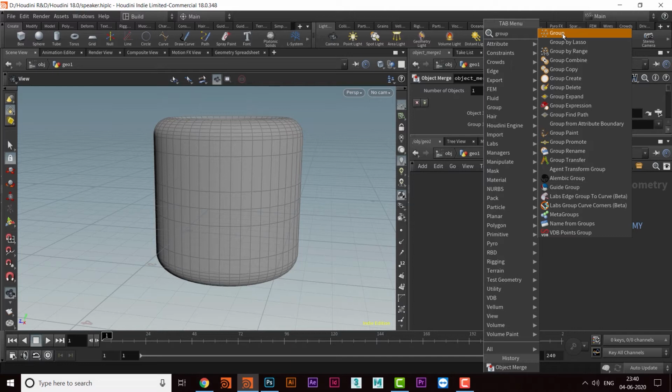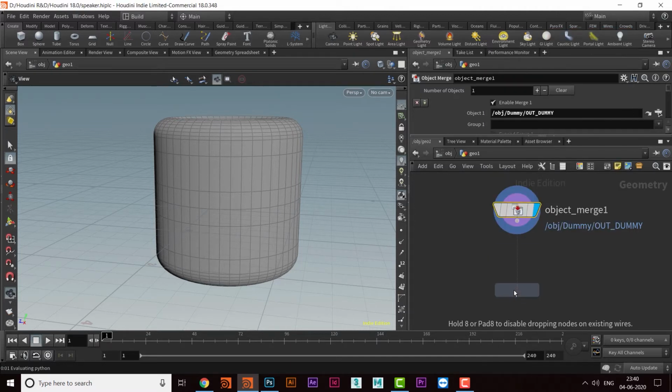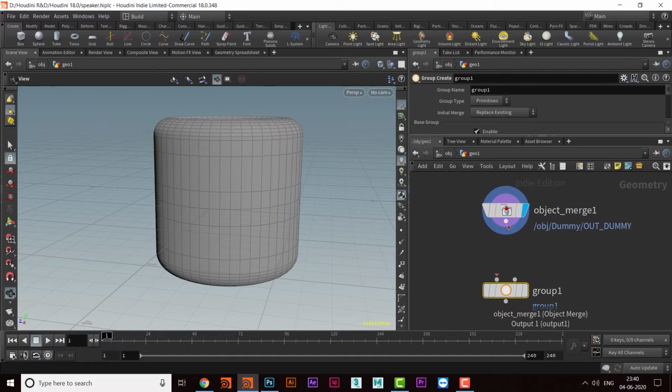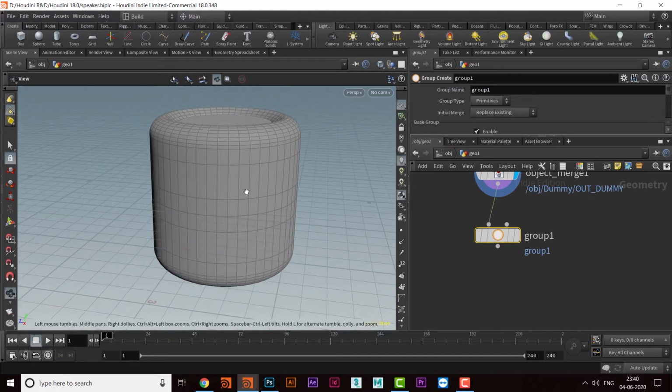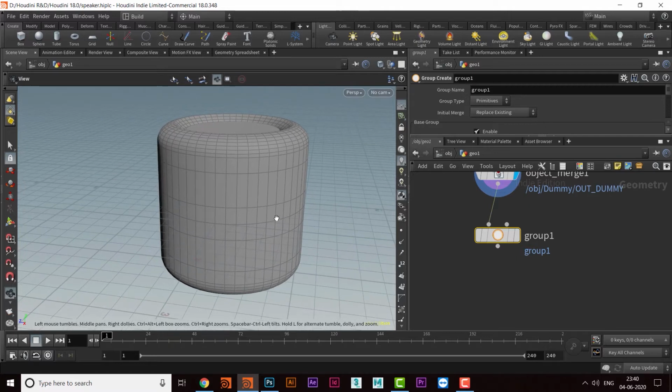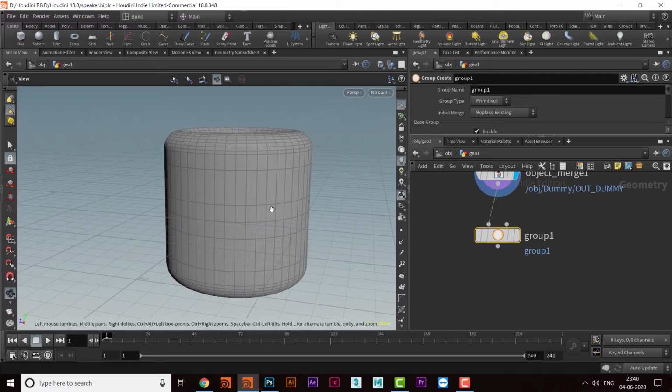So let's get to it and try to understand what this thing is. We'll call it, and then connect the input with the geometry. We cannot expect Houdini without groups. A very big chunk of Houdini is done with the help of groups, in almost everything.